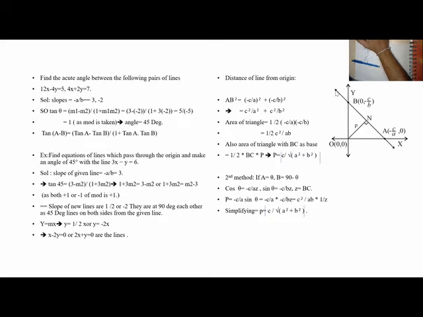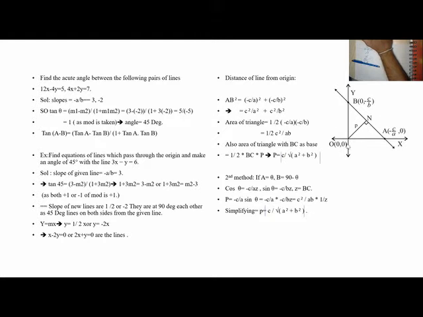Okay. Now I want to find a line. What is the distance from the origin? So what is AB? x square plus y square is AB square. x is c by a, y is c by b, with minus signs. So minus c by a whole square plus minus c by b whole square is AB square. So what is the area of the triangle?